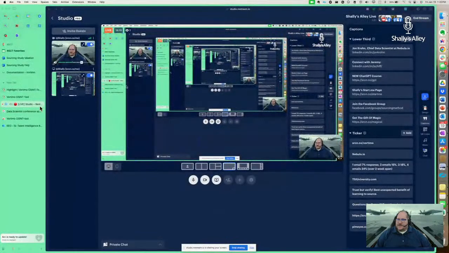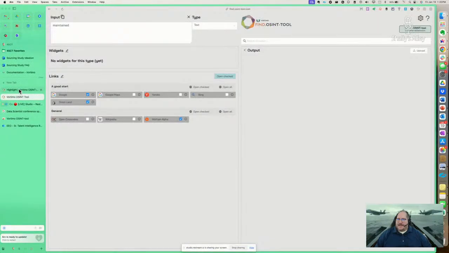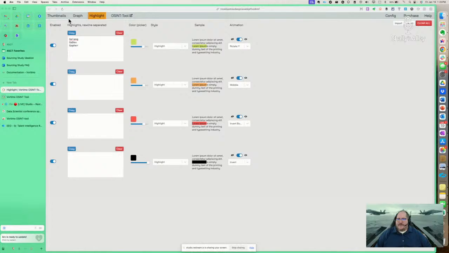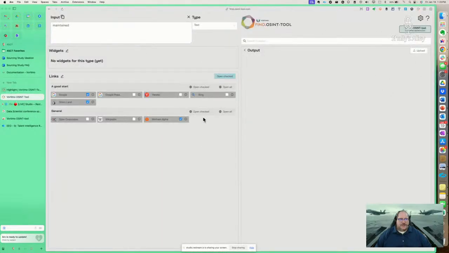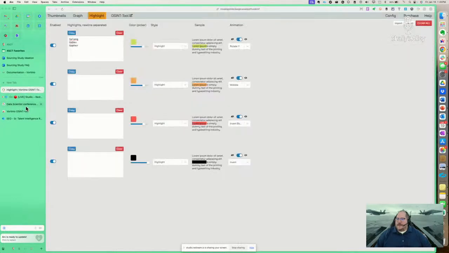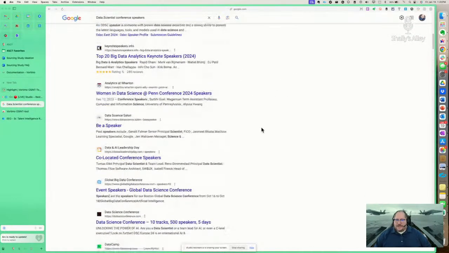This might be one of those weird picture-in-picture-in-pictures. Sorry about that, but it's the only way I can think of switching back and forth, because here's the thumbnails and highlights, and here's the actual customization that I was trying to show you before. So now, let me go to that one that I was typing in, where it was just a basic